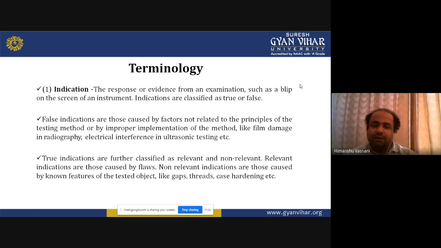And the second thing: while testing various samples, you are keeping the samples side by side. So if by mistake there is a tremendous gap in between the samples, and while testing the instrument is unable to overcome that gap, in that way also it will show some indication that while testing the workpiece or the object there is a gap, so you have to help the instrument at that time to overcome that gap also.